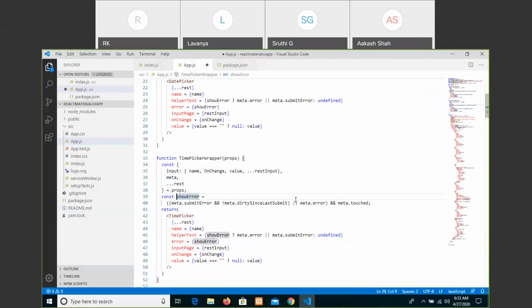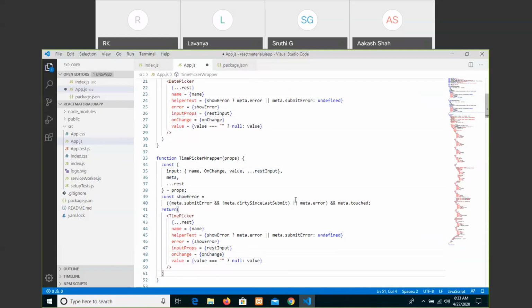We can say inputProps, not inputPage. Small mistake here. InputProps, rest input onChange, and then okay.